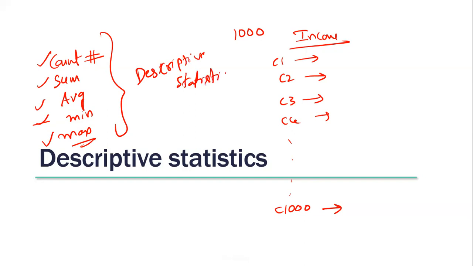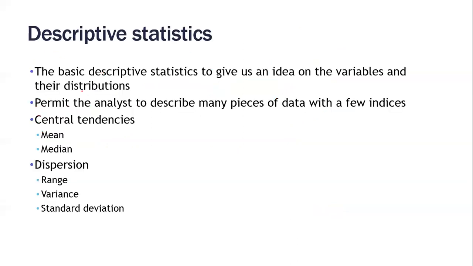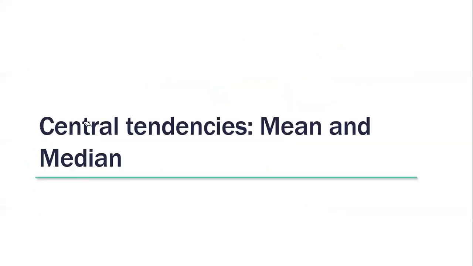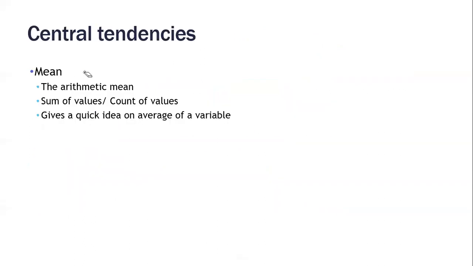What are descriptive statistics? Statistics or statistical measures that are used to describe the data. All of us in the classroom, we already have used descriptive statistics in our experience. Only thing is, we don't know their technical names. Here are the names. There are measures of central tendencies. There are measures of dispersion. Let us see what are measures of central tendencies, what are measures of dispersion. Measures of central tendencies. Mean is a measure of central tendency.